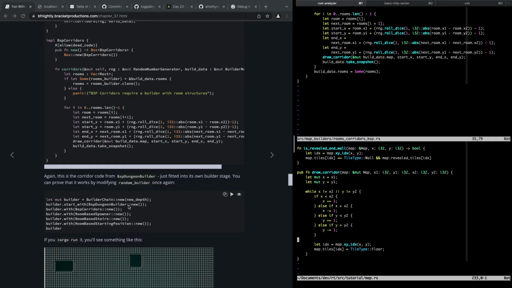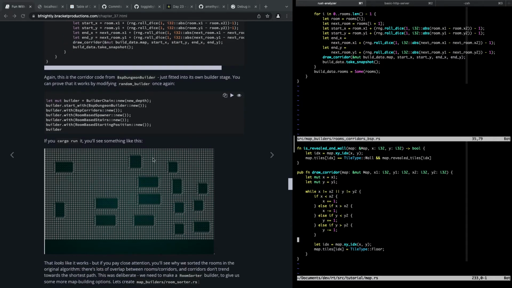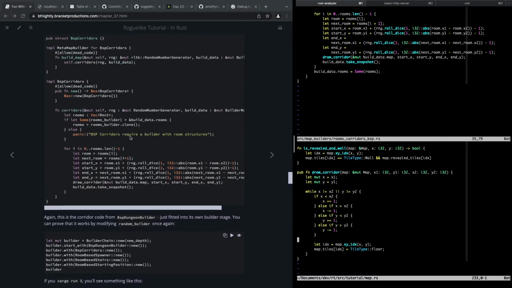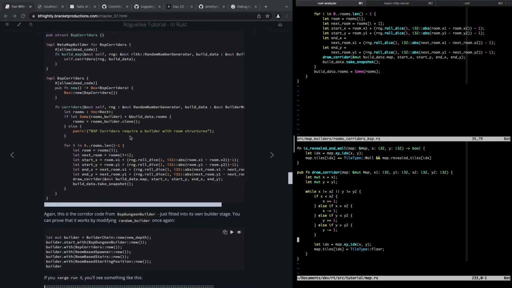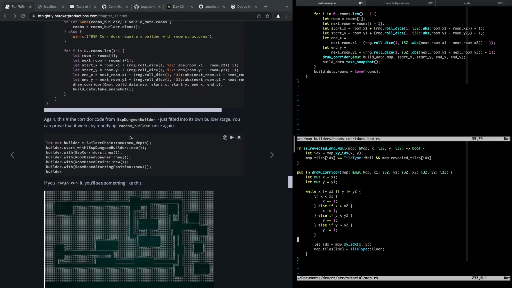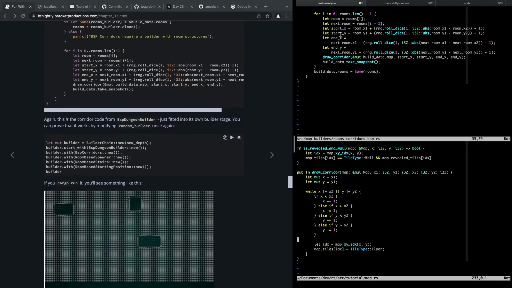Although this has it drawing these dog legs, right? You can see this one comes over here and goes straight down. There's no dog leg code here. This is just drawing a straight